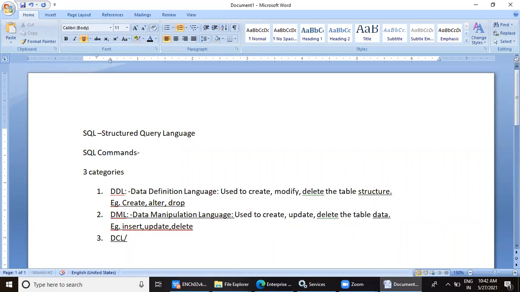Last one is DCL or TCL, popularly known as transaction control language.